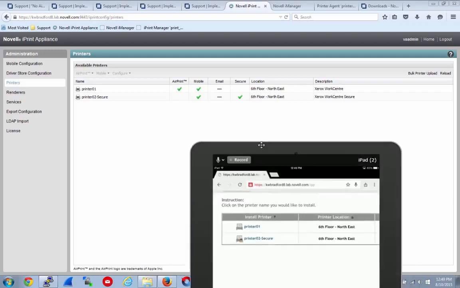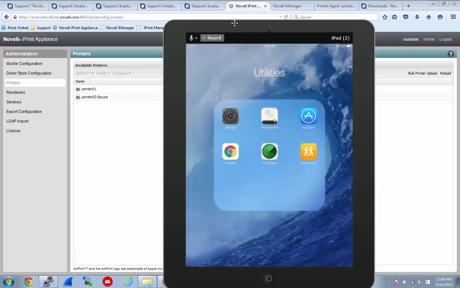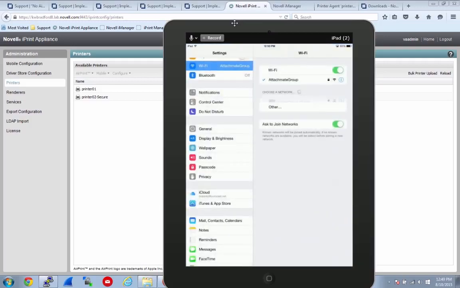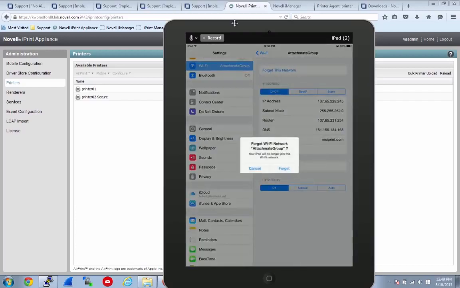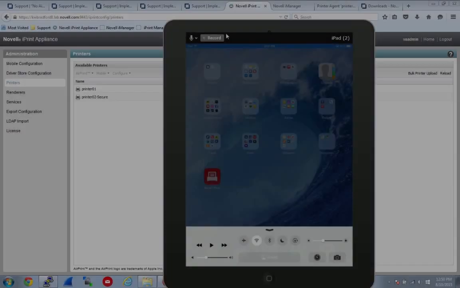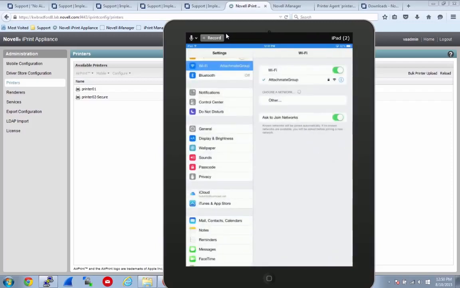I'm going to go back to my previous Wi-Fi configuration. I'm going to forget this network. I've just disconnected, so you won't see my updates here, but I'm going to reconnect. I'm going to put in my password, and I'm going to get that previous DNS information. So notice I've reconnected to my wireless network, and notice I'm back to my previous DNS server and